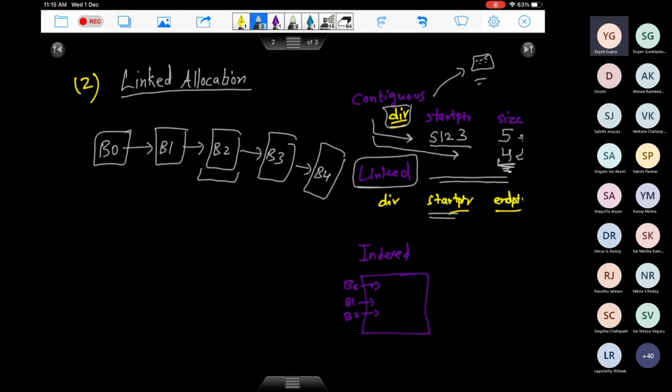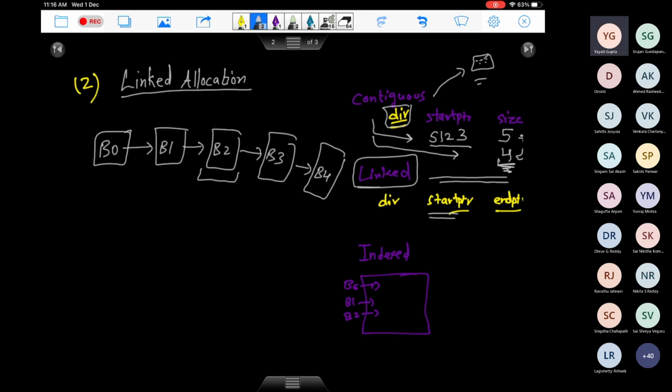Can you tell me what you need to do? It's nothing but a linked list question. The previous one was nothing but a question based on arrays. So just look at it like a linked list, and if you want to remove B2, what changes would you make? I hope you remember data structures. Linked list is one of the most important concepts there. Anyone? Can you give me a pseudocode?